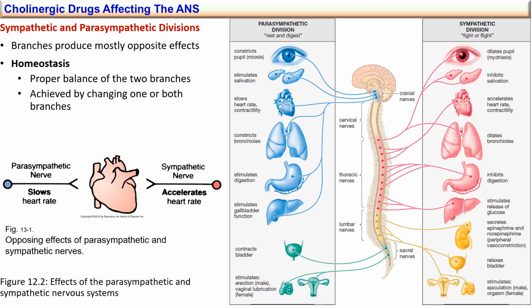So if we look at the cardiac in the middle of the slide, the activation of the parasympathetic nerve will result in slow heart rate, bradycardia. But if you activate the sympathetic nerve, that will result in accelerating and increasing the heart rate, tachycardia. So the balance between them will maintain the heart rate within range. So these are the opposing effects of parasympathetic and sympathetic nerves. And that applies to all other